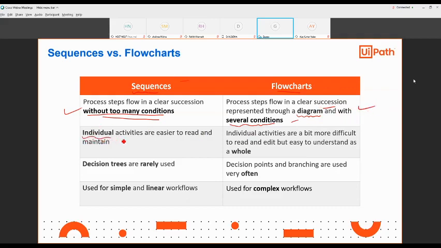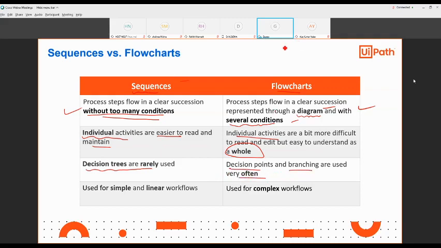Here, individual activities are easier to read and maintain. And here, you can easily see the whole process by looking at the complete flowchart. By seeing the figure, you can easily identify what is happening in this program. Here, decision trees are rarely used, and here decision points and branching are used very often.